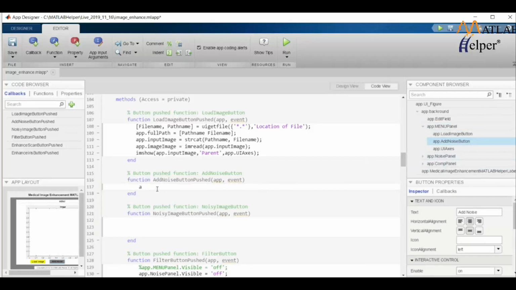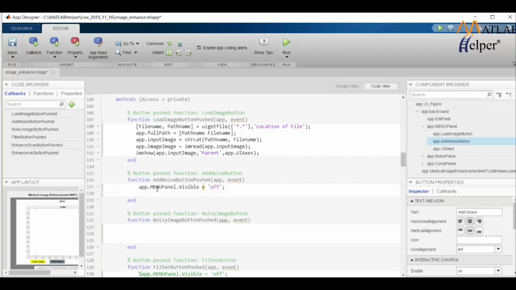So app.menuPanel.Visible is equal to off. Now that with that statement, you're making sure the menu panel is not visible, and you're gonna